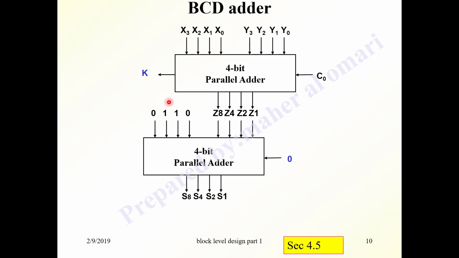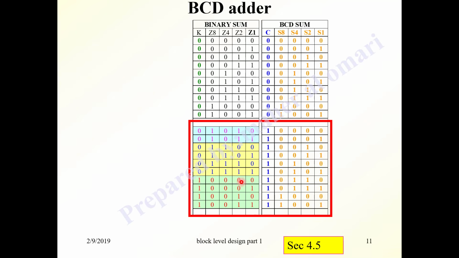But now you have to decide when to add 6. Okay, this is the area when you add 6. How do you find it out? Look, what is common in this part is that the k here is equal to 1. So whenever k equals 1, you add 6, you will get the proper BCD output. This area here has something common. That is Z8, which is this, and Z4, which is this. They are only 1 in this area. Okay? So whenever you have both Z8 and Z4 equal to 1, you add 6 to get the corresponding BCD